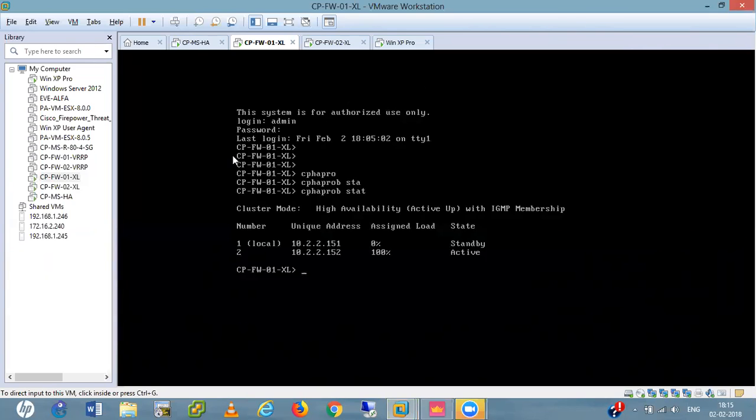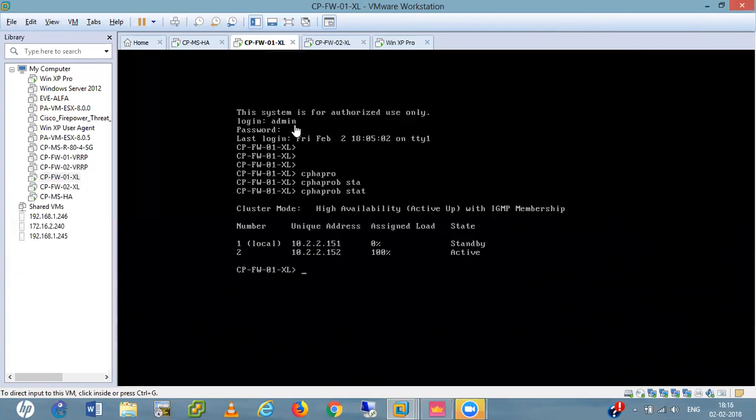But later, when the first firewall comes back up, we don't want to reboot the primary again. We want this primary firewall always in active state and this one in standby state. Only when firewall 1 is not available should this firewall become active. If firewall 1 is available, then we want firewall 1 to be active.